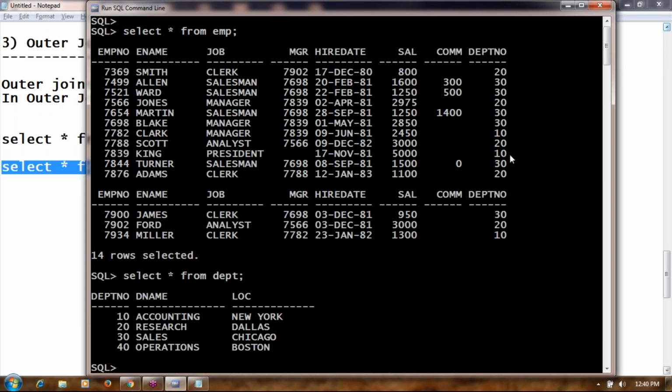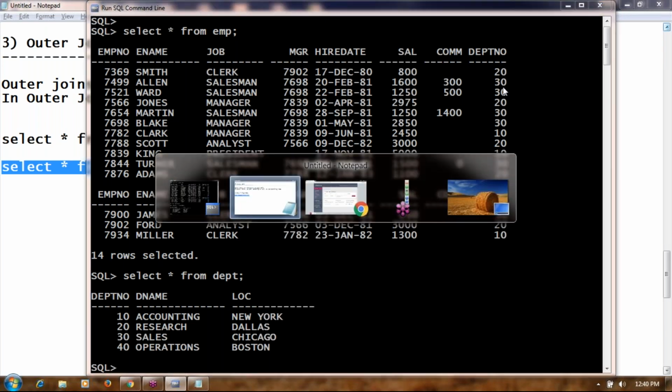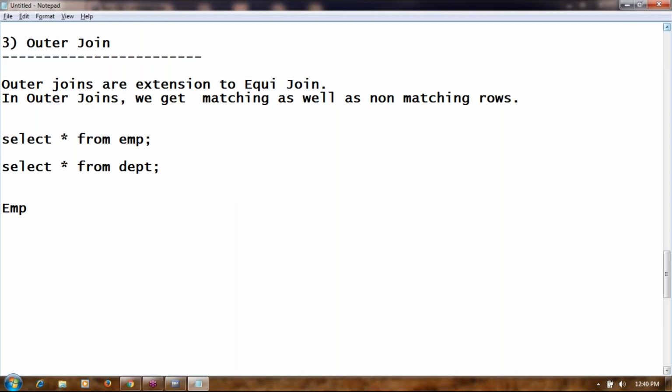In the employee table, how many distinct values do we have in the department numbers? Unique department numbers. We have employees working in 10, there are employees working in 20, and there are employees working in 30. Only 3 types of departments are there in the employee table. Compare with the department table: distinct values we have 10, 20, 30, that's it.